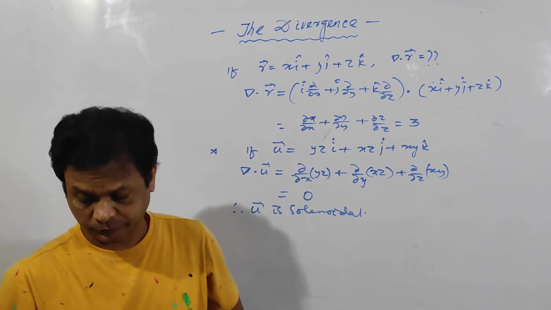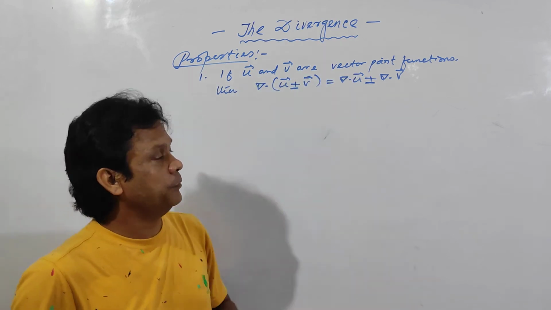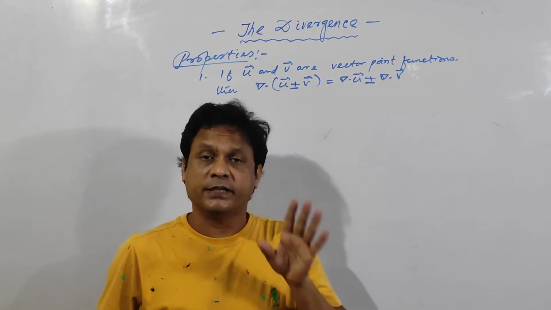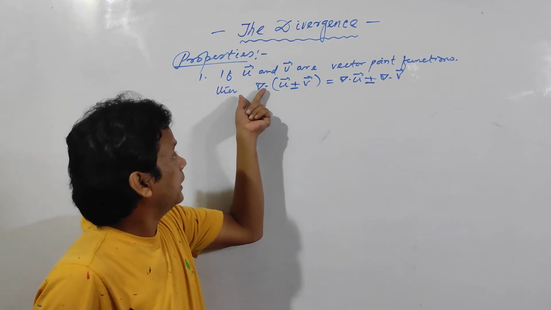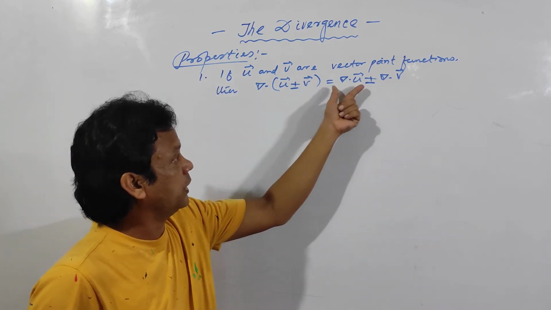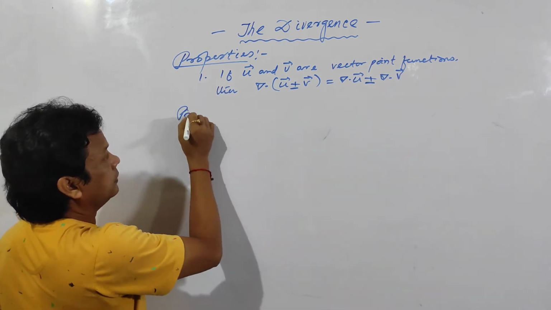Here, see the properties of divergence. If u and v are vector point functions and they possess partial derivatives up to second order with respect to x, y, z, then the divergence of u plus minus v is the divergence of u plus minus the divergence of v. How to prove it? See here,